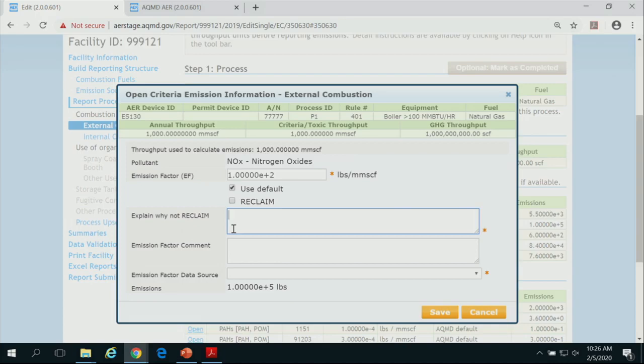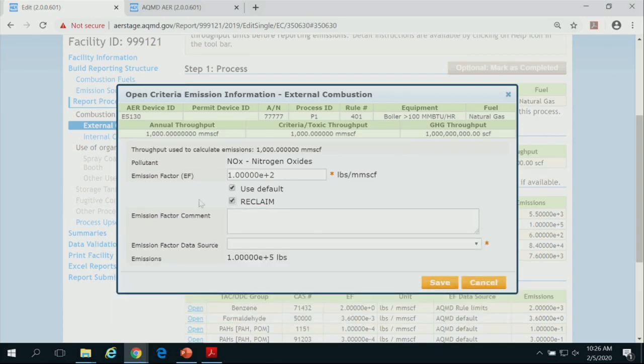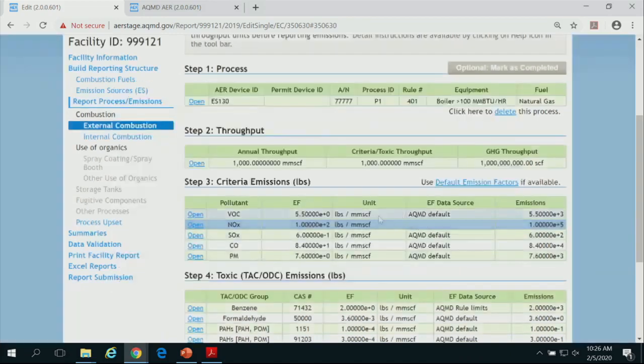When we do the comparison between the reclaim program and your emissions in AER, we can go to the tool and see where the discrepancies are coming from. So we're not going to send you a letter saying there's a discrepancy, why? You already explained it here, so that saves you time. This is a new feature we added so that we get a more robust comparison. So for this example, I'm going to leave the reclaim as it is.